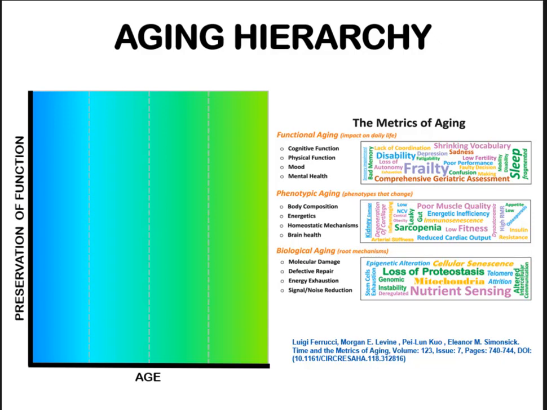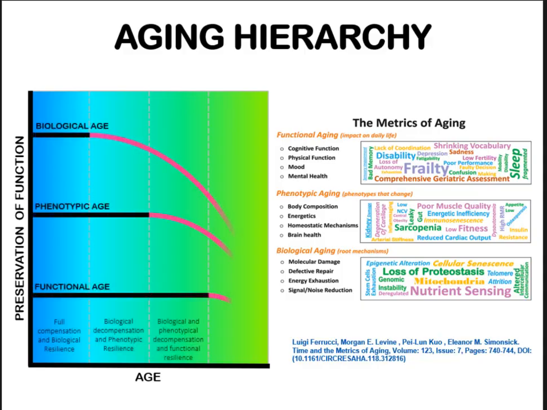This is based on a paper that I did with Luigi Ferrucci, who's the scientific director at the NIA. The idea is that you have these age-related changes at different levels. You have biological aging, which we consider more of these molecular changes, and this will start to decline much earlier in the life course. Over time, this will reach some critical threshold where you'll start seeing changes in phenotypic aging,